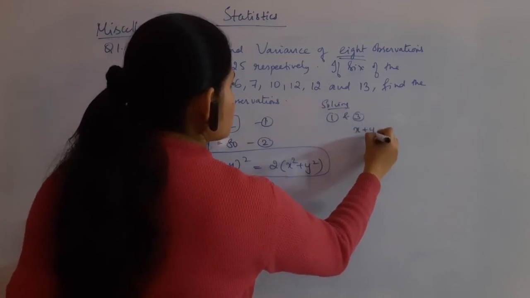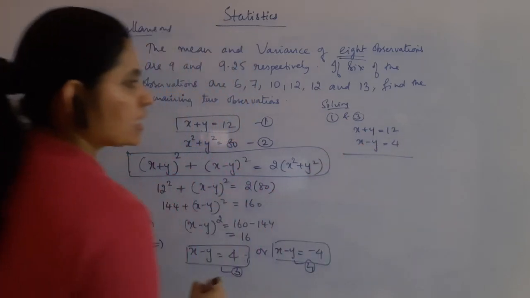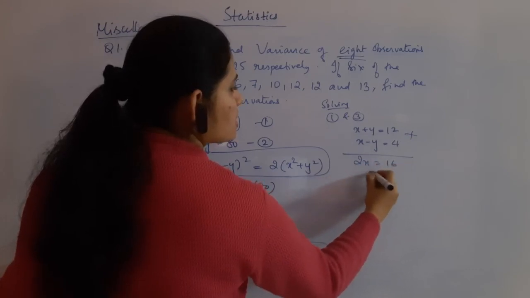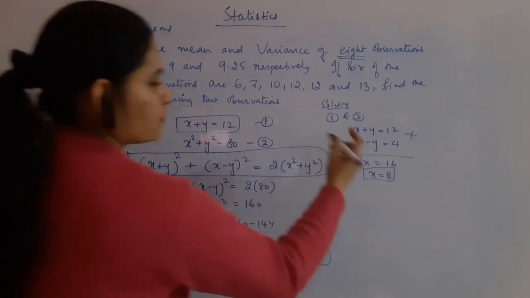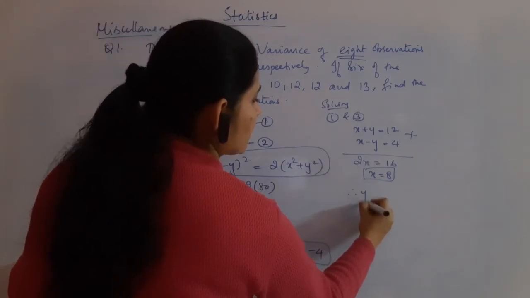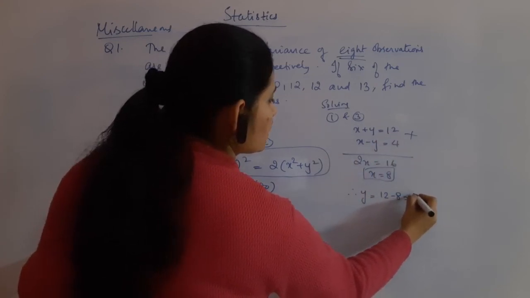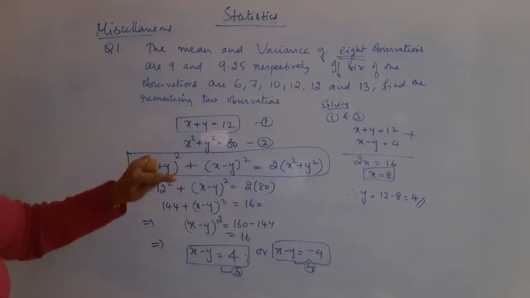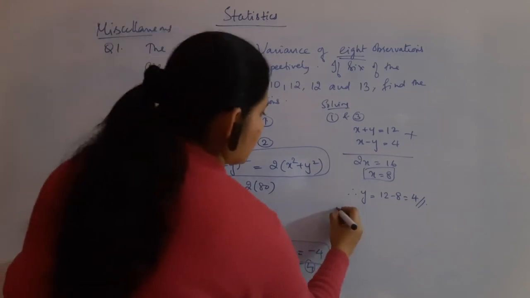When x plus y is 12 and x minus y is 4, what are you getting? Adding the two equations will give you 2x is equal to 16, or x is equal to 8, the value of x. So in that case, what will you get? y will be 12 minus 8. In either of the equations you substitute, you will get y as 4. So x and y can be 8 and 4. The other way also you have to check, that is solving